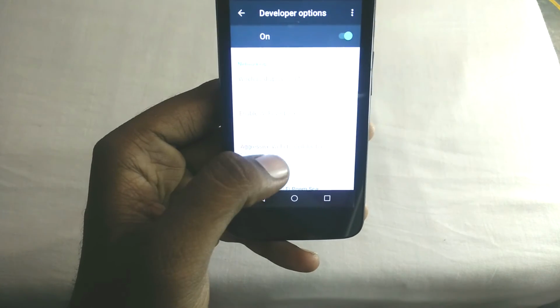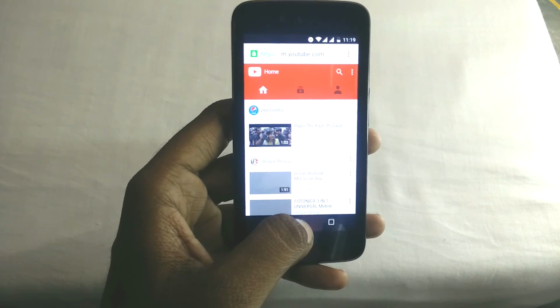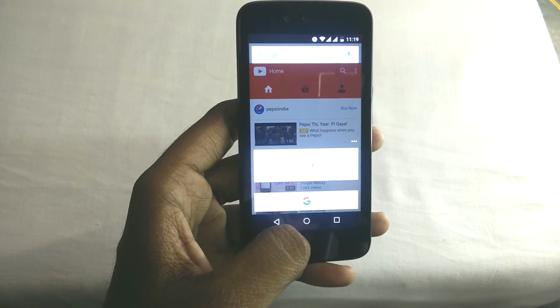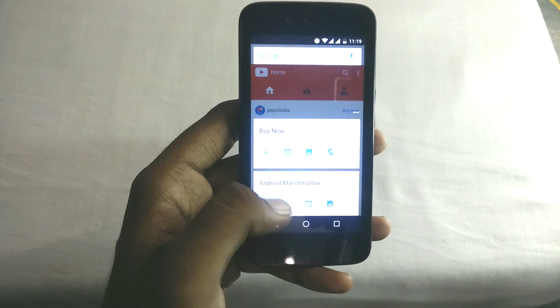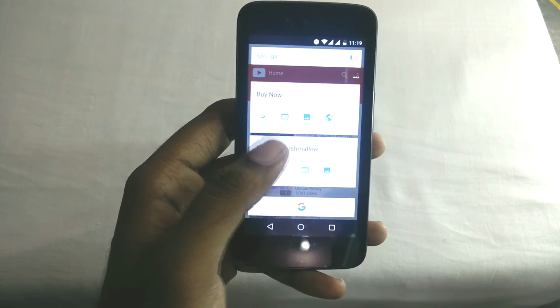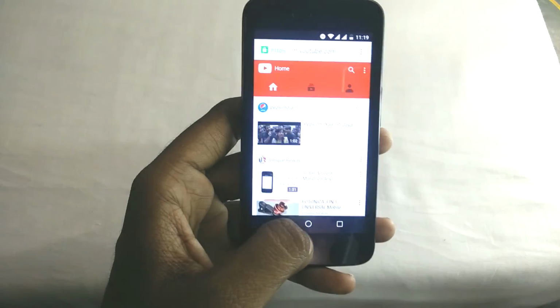Moving on, this is Google Now on Tap. What it does is, if you have any information on the screen like a link or a location, all you have to do is tap and hold the home button. You will get a deeper look into that. This is a nice feature to have.